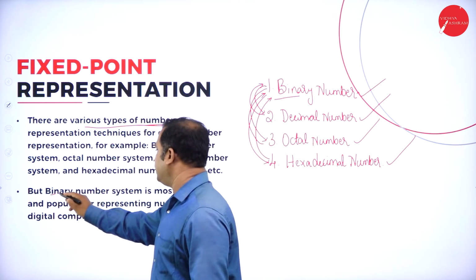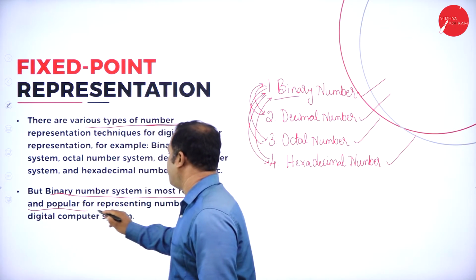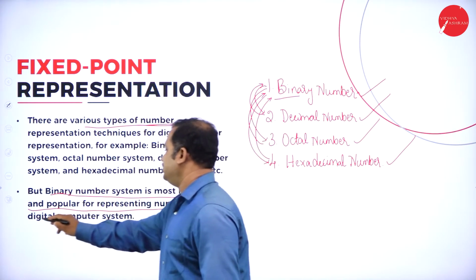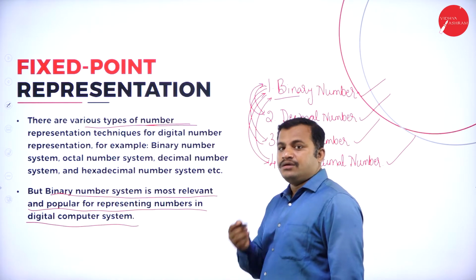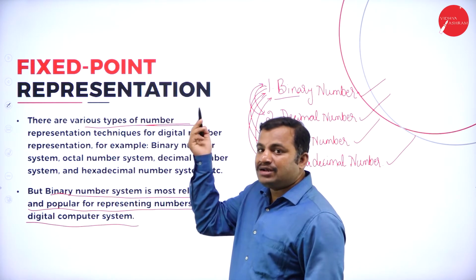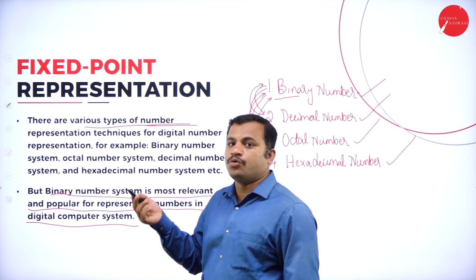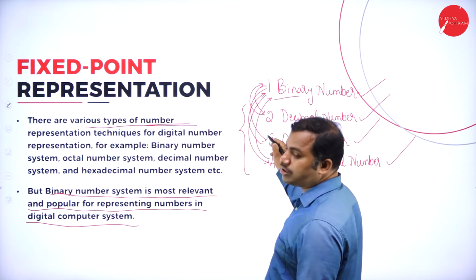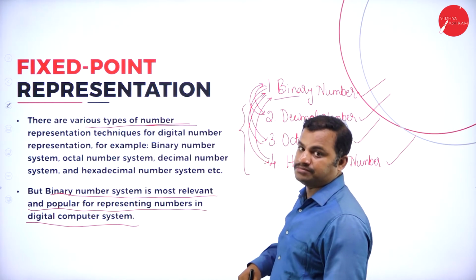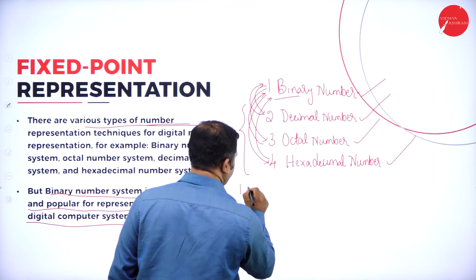But the binary number system is most relevant and popular for representing the numbers in a digital computer system, as it has a very good advantage over other number systems. So we will prefer the binary number system over other types of number systems like decimal, octal or hexadecimal number systems. In the case of this, binary number systems usually vary from